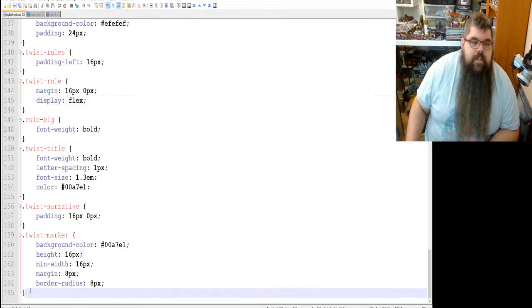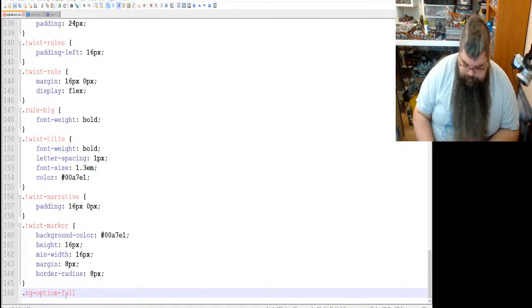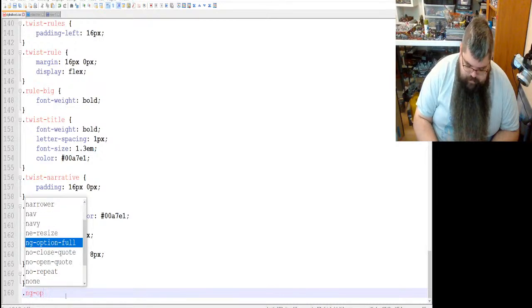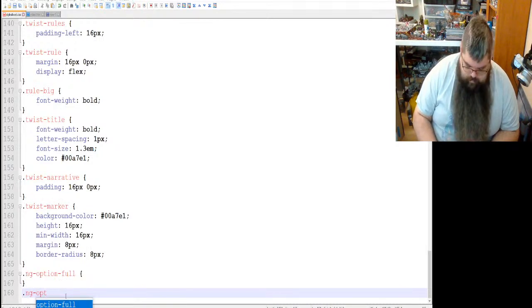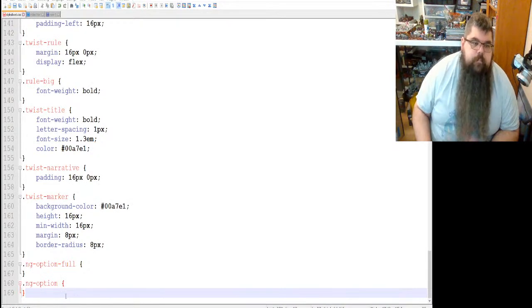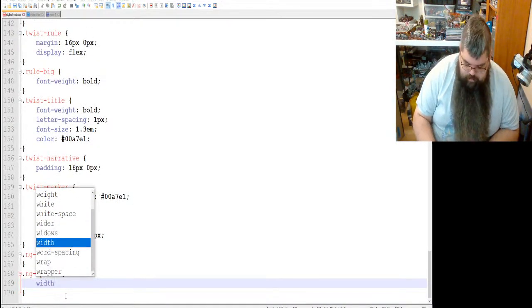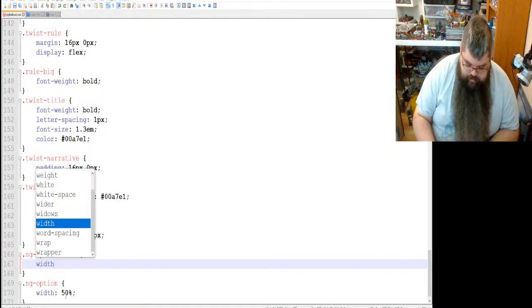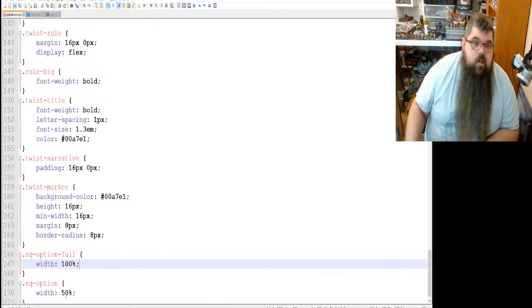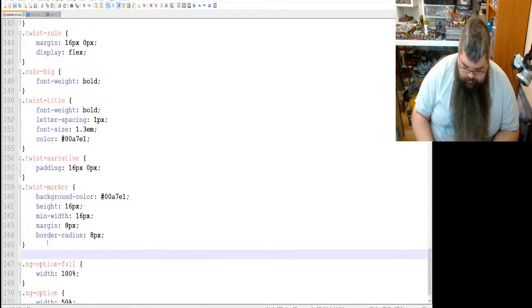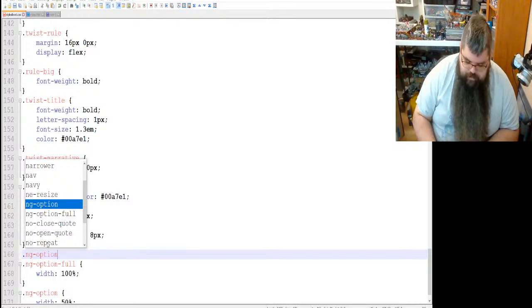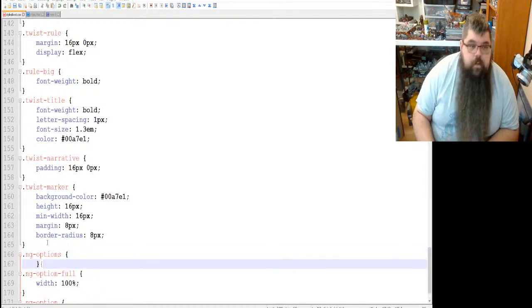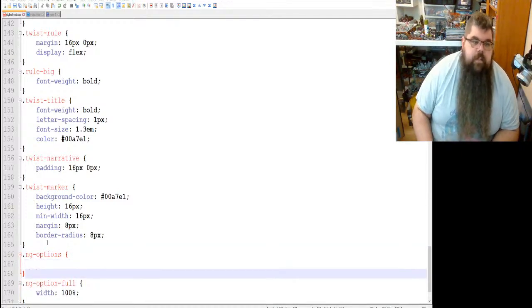Going to go over to our CSS page just like before, and we're going to add those classes, and then this one was NG option, just like that. Okay, this guy's going to be width equals 50%. This guy's going to be width equals 100%, like that. And then we have NG options, like this.